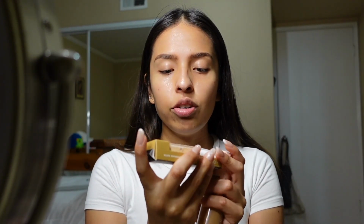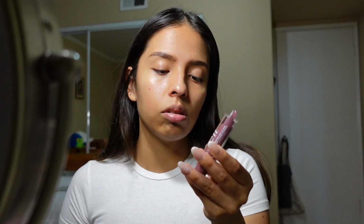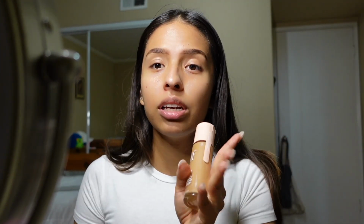I got the Hydrating Camo Concealer by e.l.f. too because I just wanted a more natural concealer, because the one that I have is really old. And then the last thing I got was this little hydrating lip shine with the heart in the middle. I was gonna get a blush and a contour stick, but your girl's